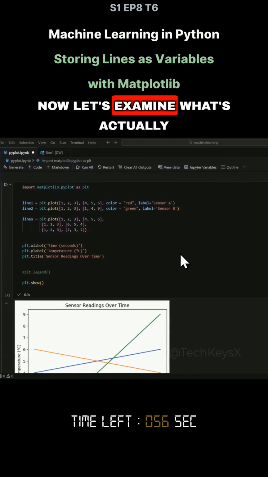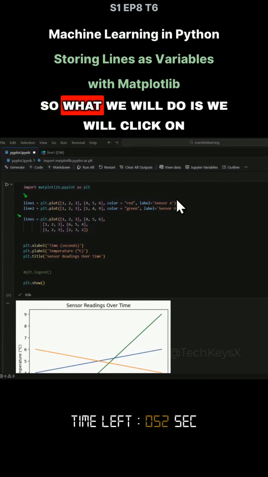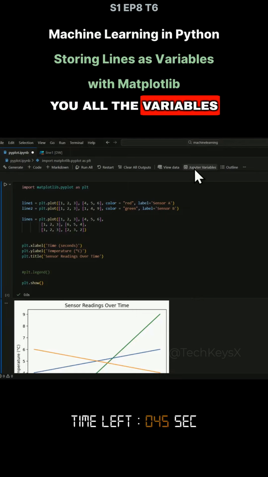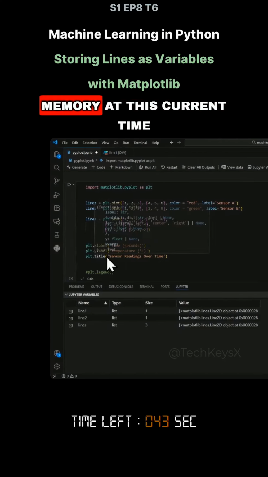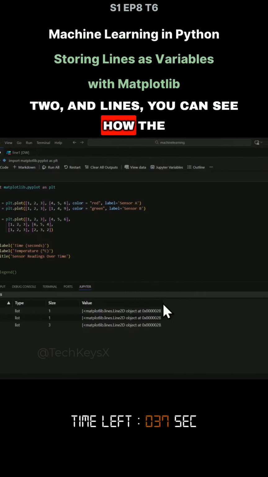Now let's examine what's actually happening behind these variables. So what we will do is click on this button called Jupyter variables. And what this button will do is show you all the variables. So if we click onto that, they are in memory at this current time. So if we have a look at line 1, line 2, and lines, you can see how the values are